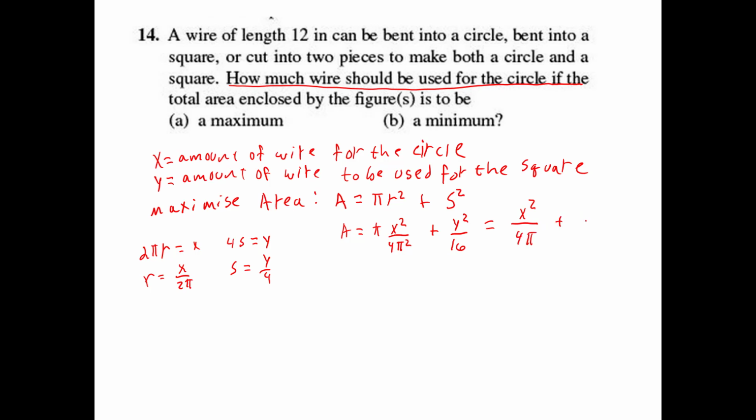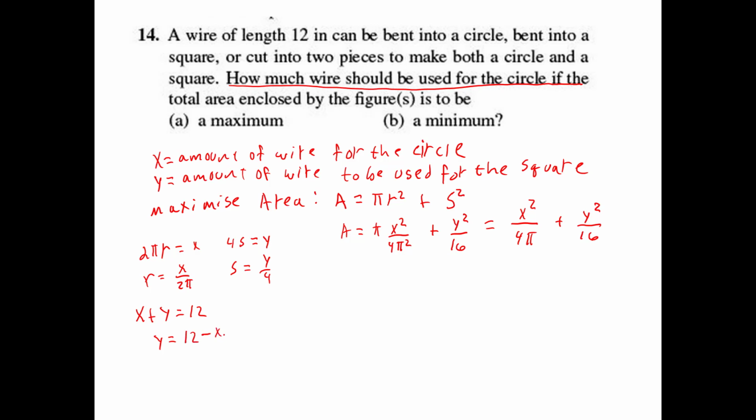plus y squared over 16. Now this is nice, but we still have too many variables, right? So, if x was the amount of wire for the circle and y was the amount of wire to be used for the square, and we had a total of 12 inches, then the constraint is that x plus y has to equal 12. And since we are only interested in how much wire should be used for the circle, we don't really need how much wire will be used for the square, so we'll solve for y, 12